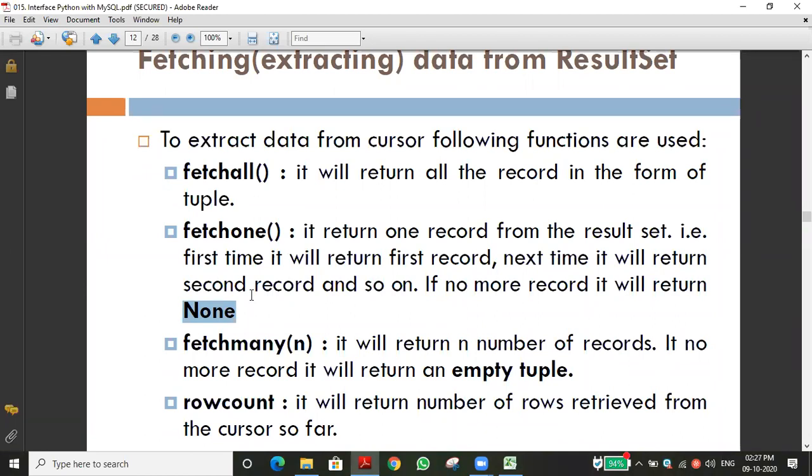In the theoretical concept, this type of question will be asked, or else by the external examiner at the time of the project. At that time they will ask the question. Because you are definitely using MySQL, you should know all these functions. They will ask what is the difference between fetch many and fetch one. If you say, sir, I didn't use it, you should not say that. If you didn't use it, they will give 0 as the mark. So you have to know all the content. That is very important.